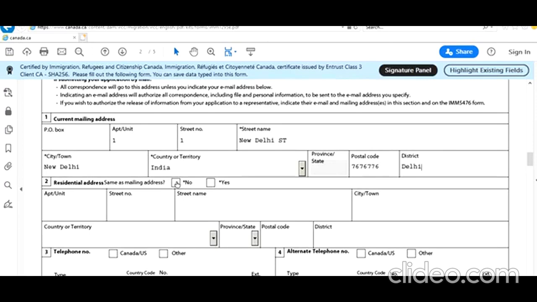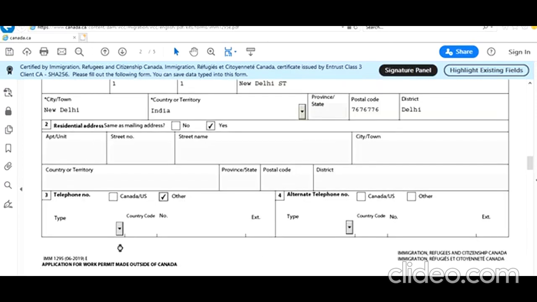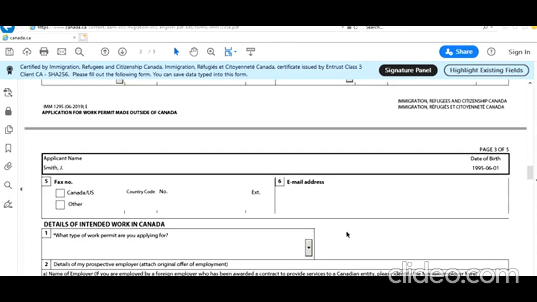This is the same as mailing address, yes. Phone number, yes, he has. He's applying from India, so he's using Indian phone numbers. Cellular, typical 10 digits. He has some other number as well. Let's say he has now a residence number. So again the country code is going to be the same. Okay, sample. Email address is important.